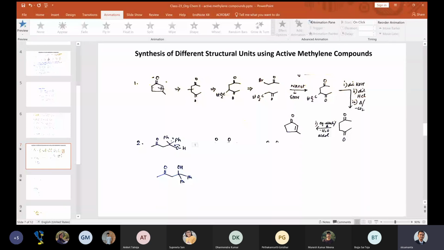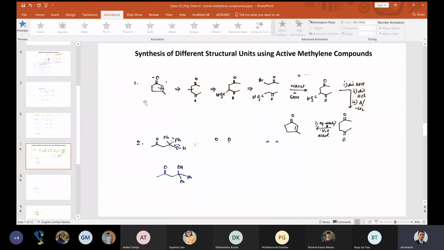Did you understand? Yes, sir. Sir, can you explain the first step, like how did you think to break that double bond? Yeah. So generally when these kind of compounds are given, you need to see some place where you can easily make that one. We already know that if you do an aldol condensation followed by acid and heat treatment, you will easily get a double bond. So double bonds are the ones which are easily made.